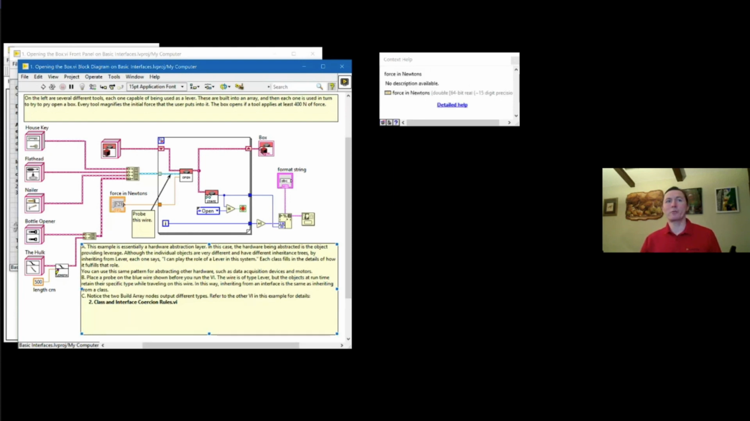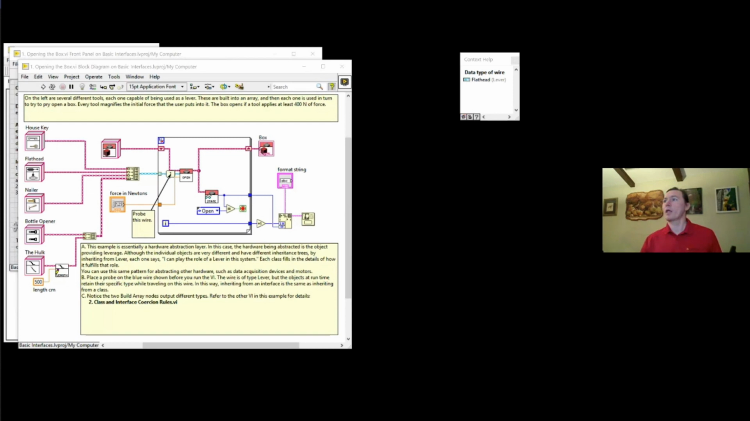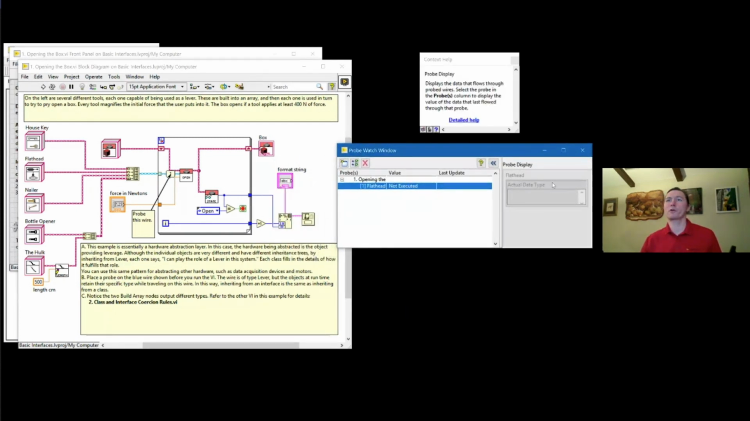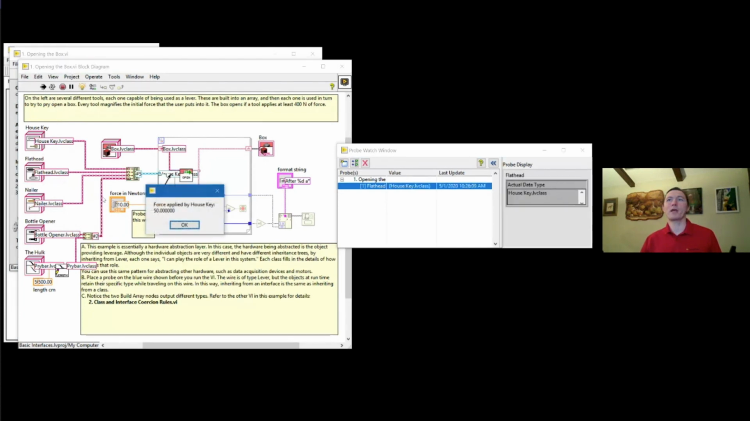So here's my human force in newtons going in, and my instructions say to probe this wire, and I follow my own instructions, so I'm going to probe this wire. And here's my probe watch window, and as we go through, we're going to see the actual data type. I'm going to turn on some execution highlighting so you can watch. And we're going to build up an array here. Now this first array,